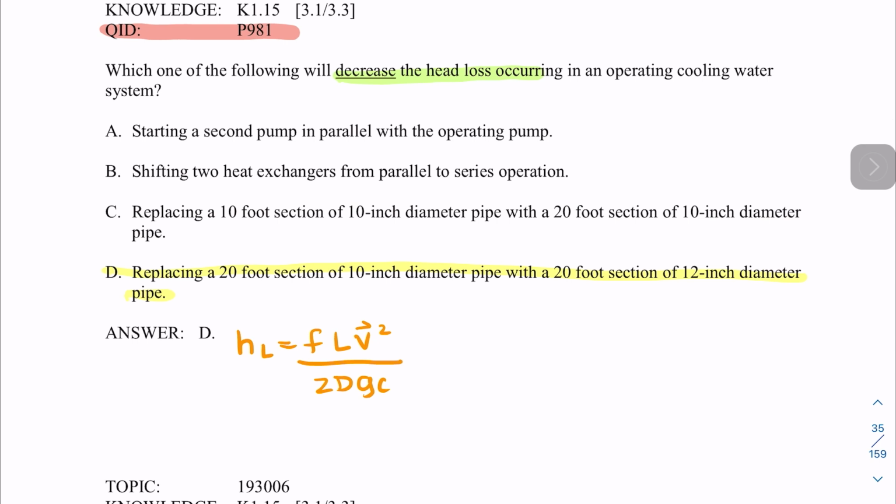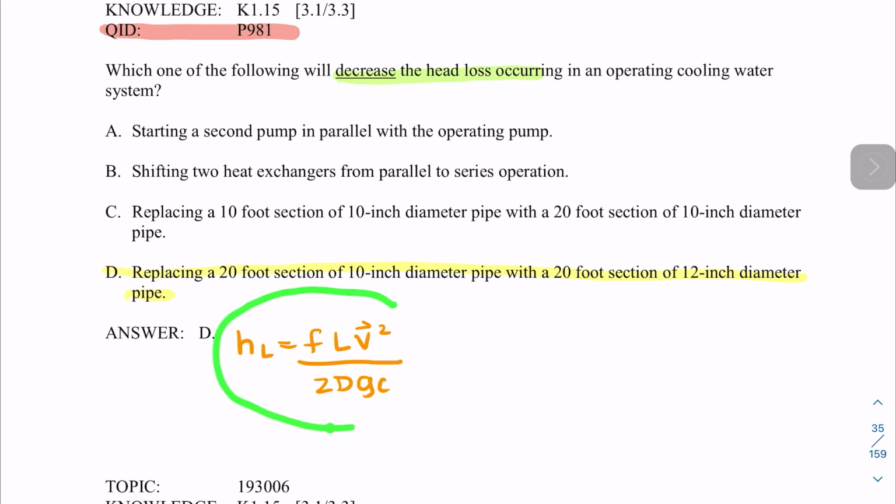In this one, we're going to actually talk about the head loss, which I think we have already seen information about, right? So now let's just go over that. This is going to be question P981, and it's asking which one of the following will decrease the head loss occurring in an operating cooling water system? How can we decrease the head loss? But what is the head loss, right? Remember that